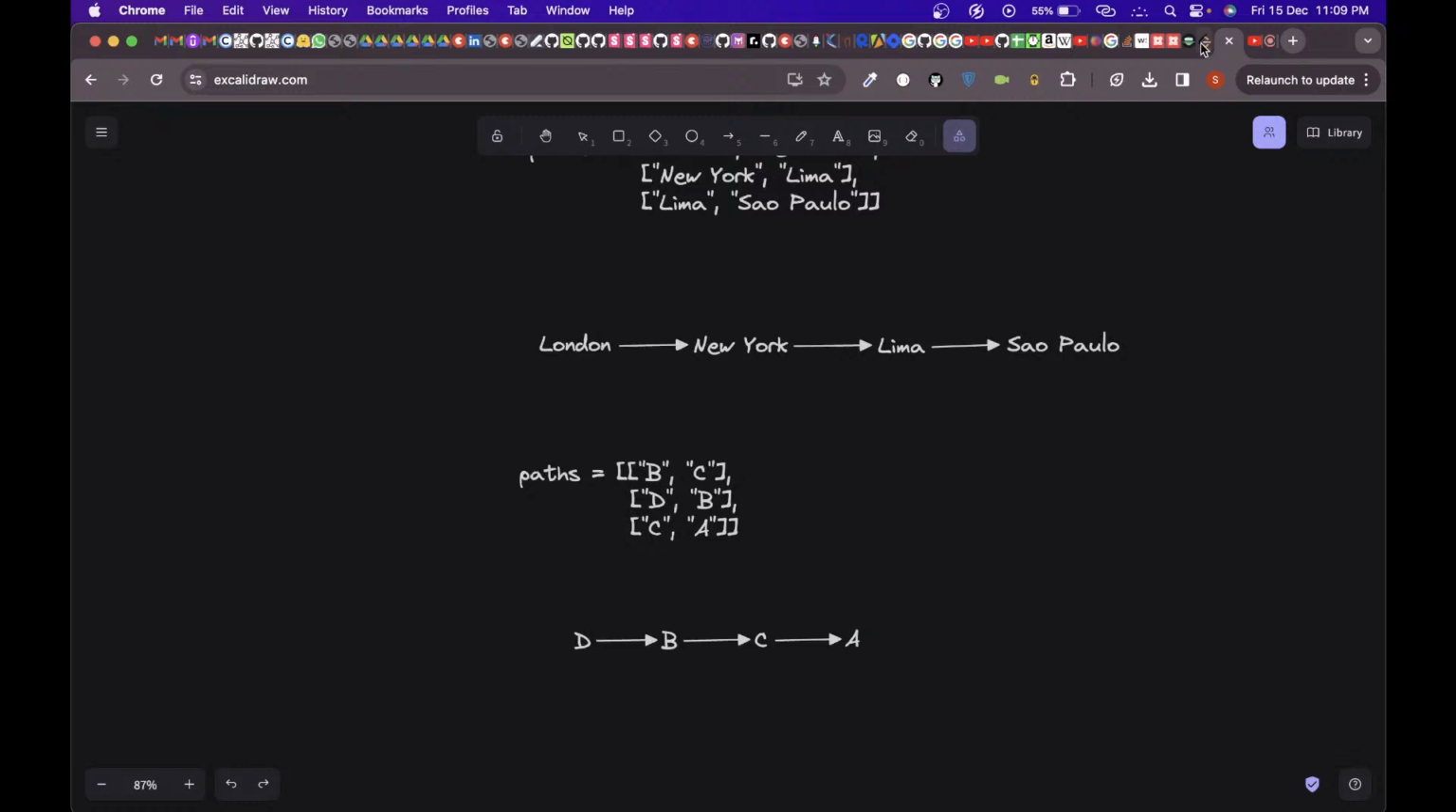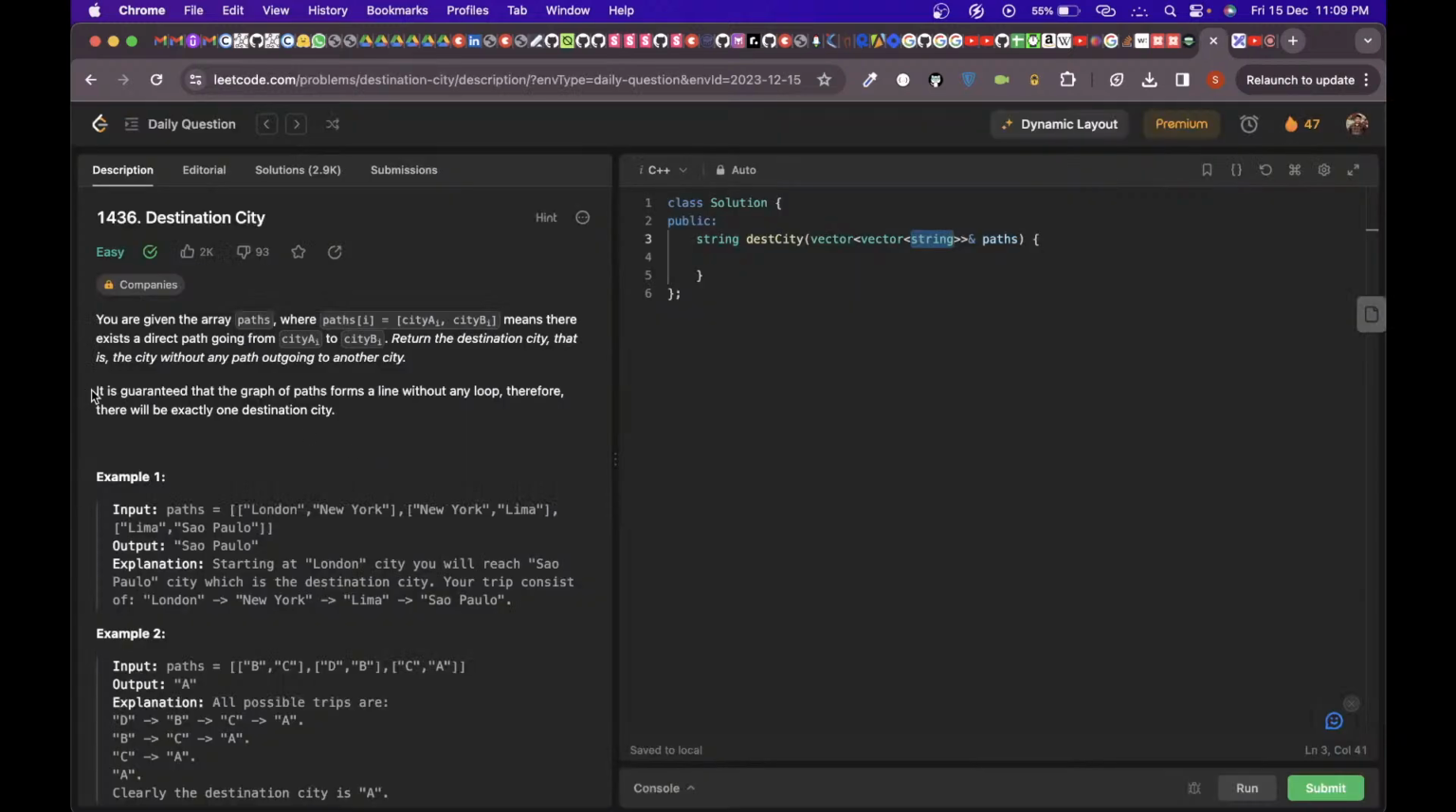And in the question, it is guaranteed that the graph of paths forms a line without any loop, and therefore there will be exactly one destination city. So first of all, we can use an unordered set to store our